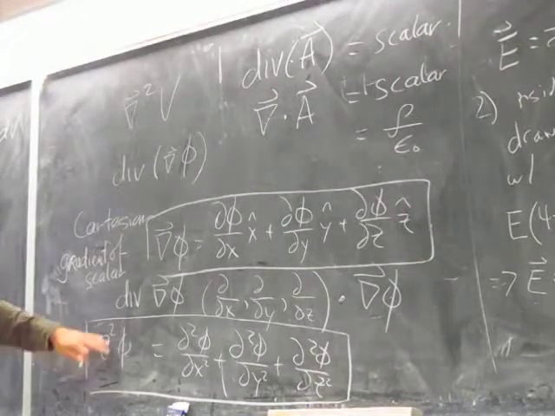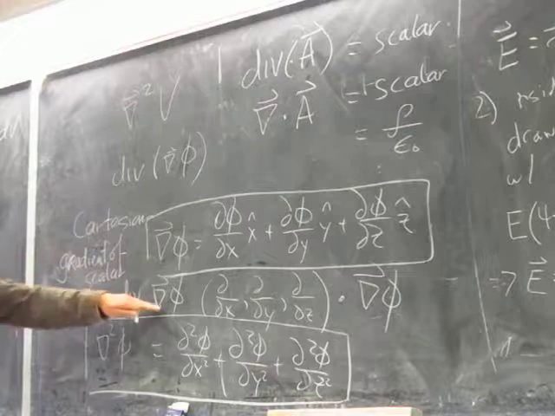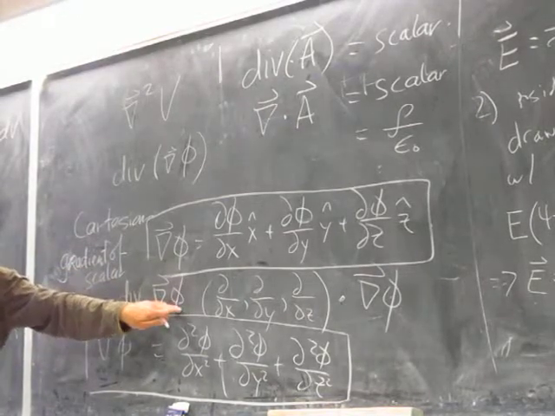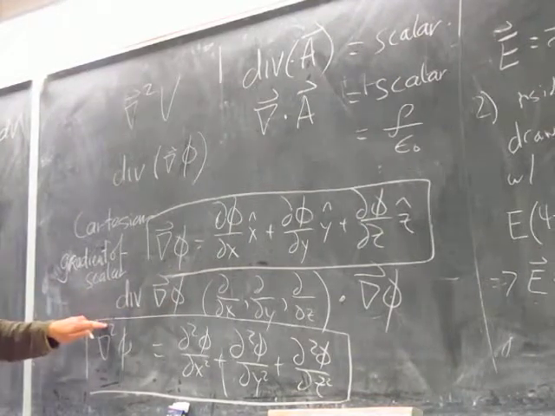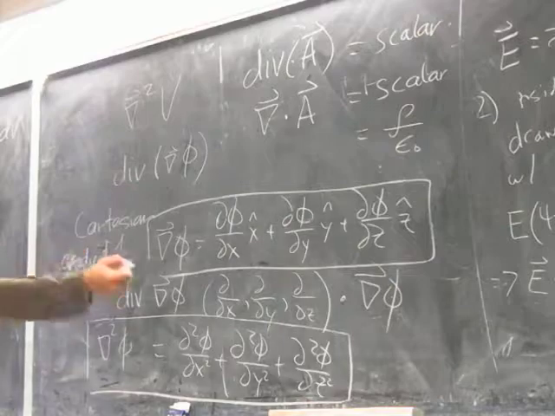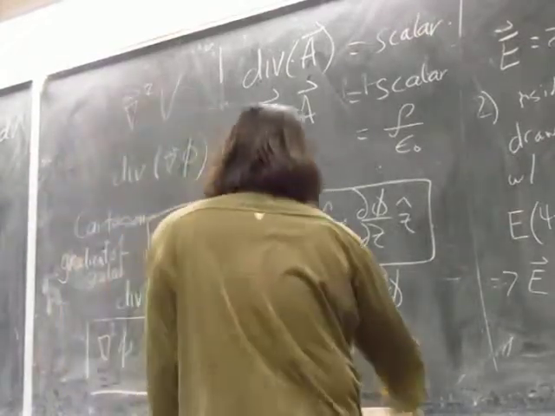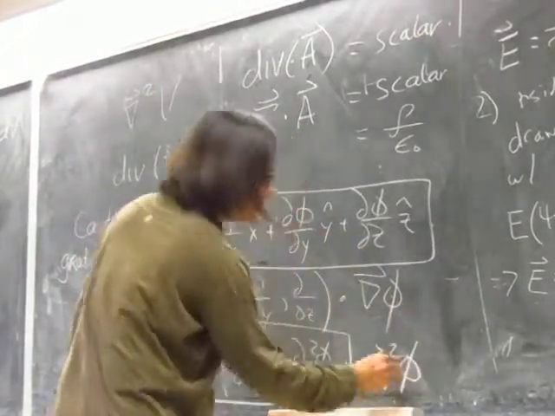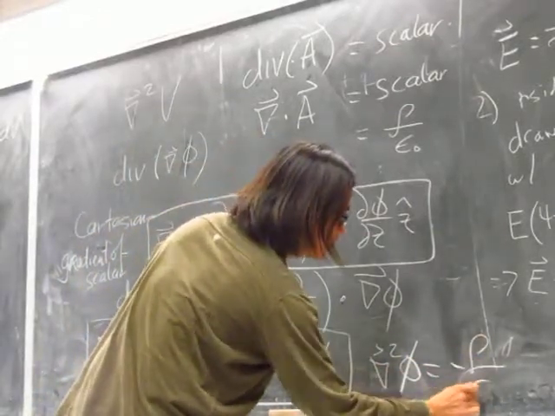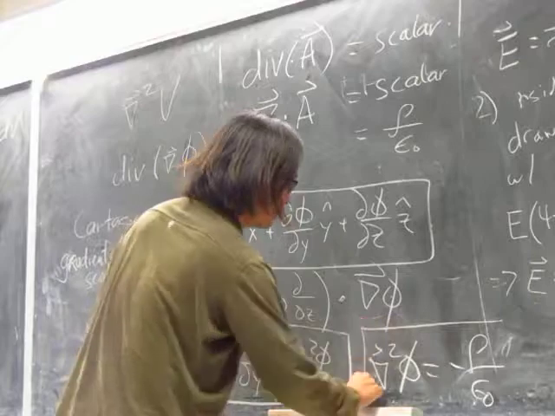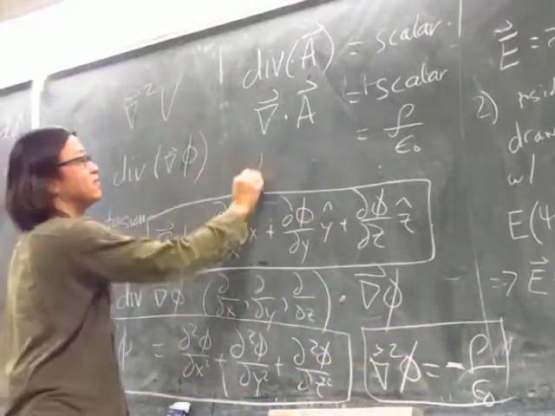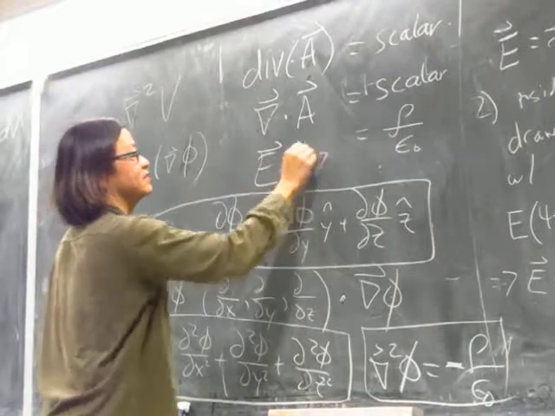Okay, and the Laplacian is a combination of the two. Right? First you take a gradient of a scalar, and then you take a divergence of that. And then it becomes the Laplacian. So in the case of E&M, the Laplacian of the potential is equal to minus rho over epsilon naught, with a minus sign. Right? Because the electric field is minus